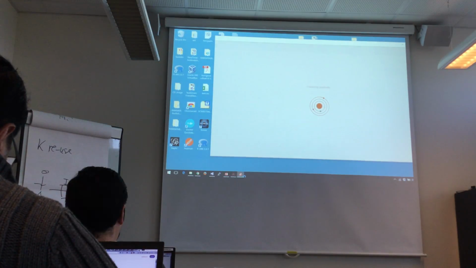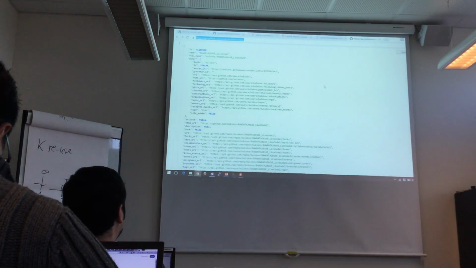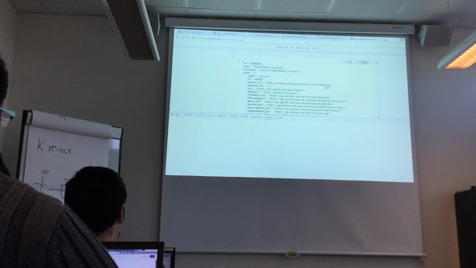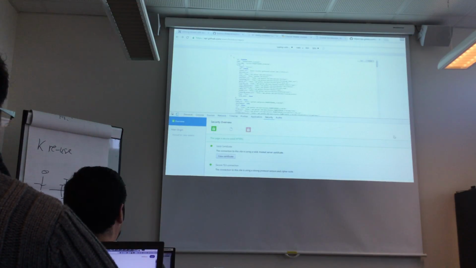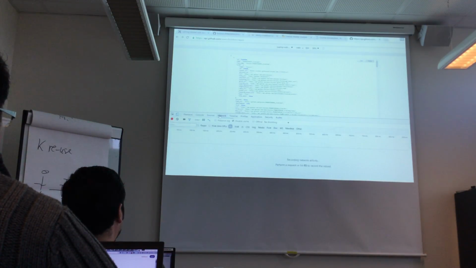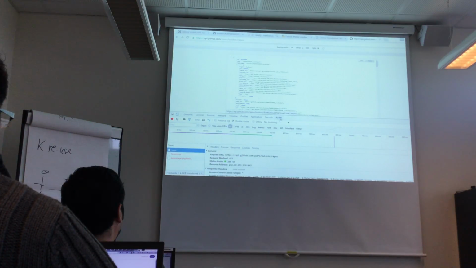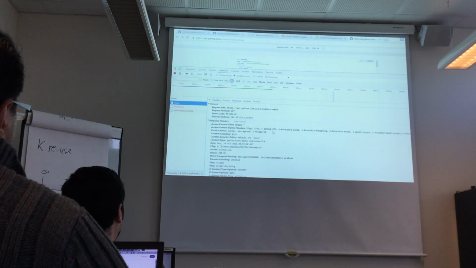Oh, I could actually see it here also. Network, and then reload. And if we look at the... here, so I'm using the developer tool. So if we see the response here,